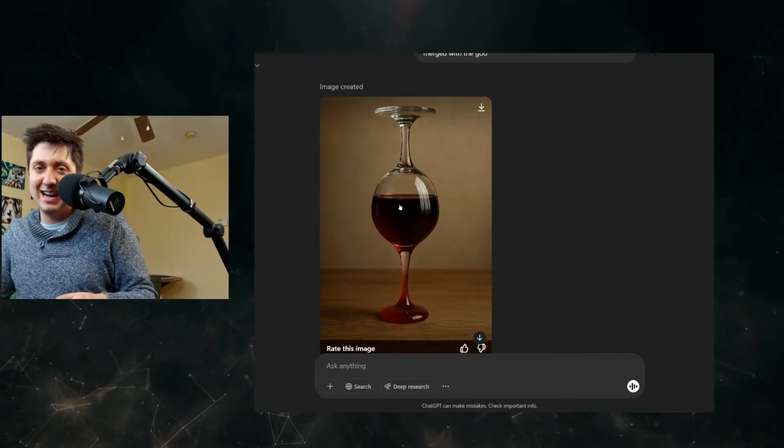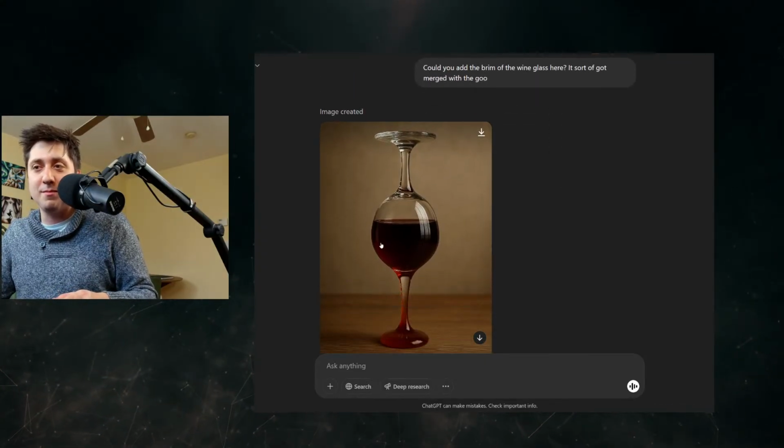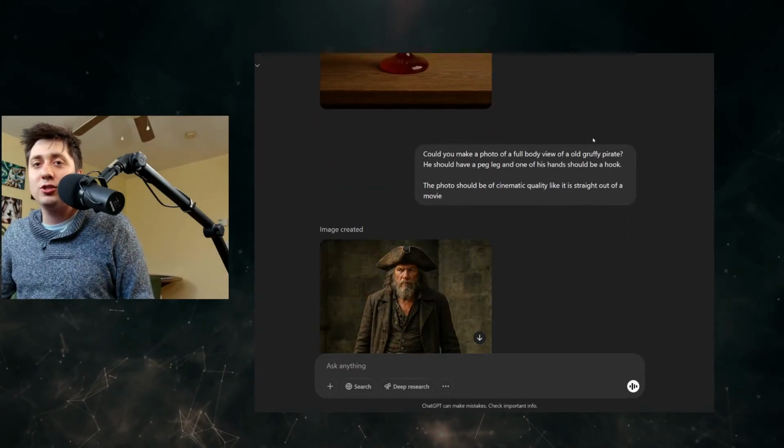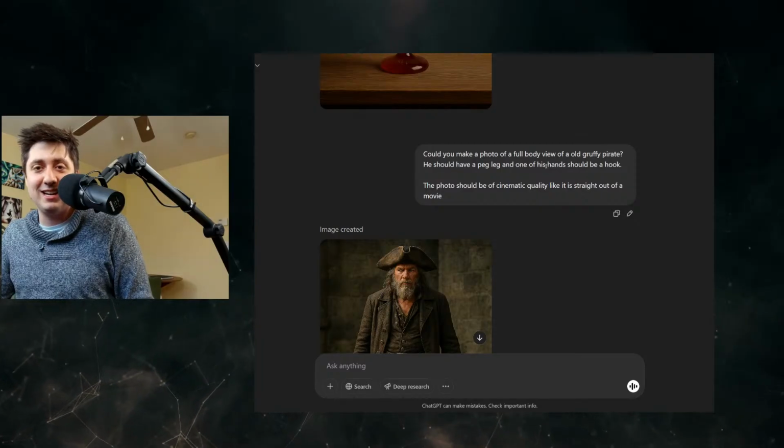But yeah, I tried to edit and fix it to add a brim here, and it just did the same thing again. So it doesn't really solve that. But yeah, I also worked on a pirate. If you ever tried this in Midjourney,